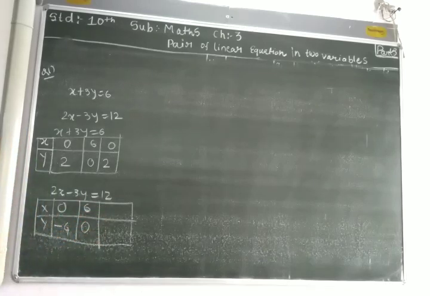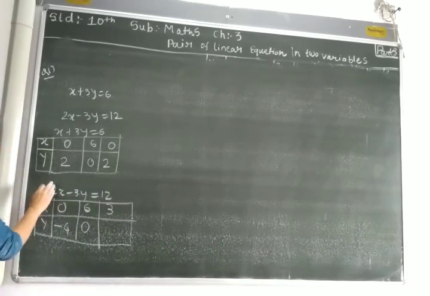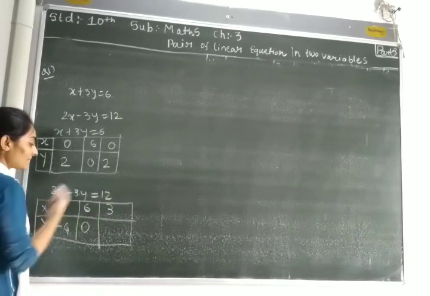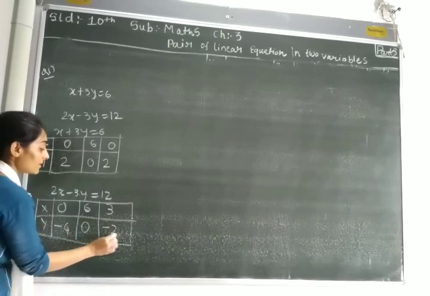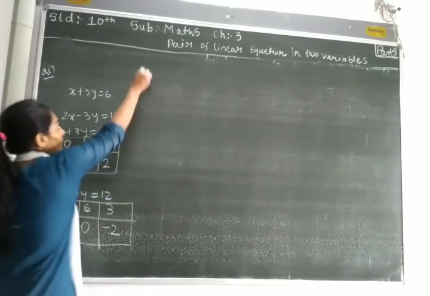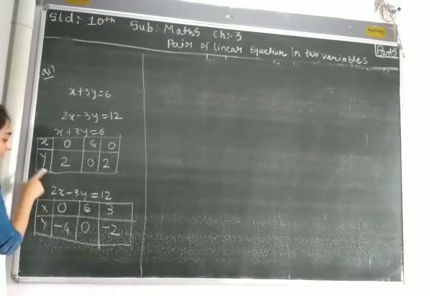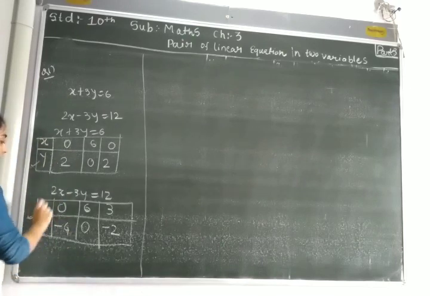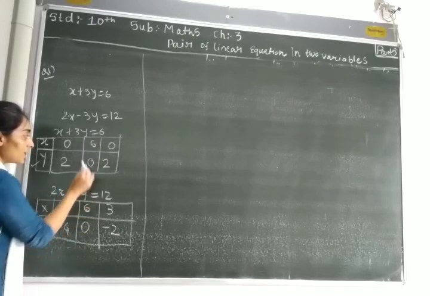Okay. So if I take x equals 3, that is 6. Okay, so 6 goes this side. Again I am getting plus 6. Plus 6 divided by minus 3, I am getting minus 2. Okay. Now draw a graph. So while I am checking these points, I have found that 6, 0. It means I am getting